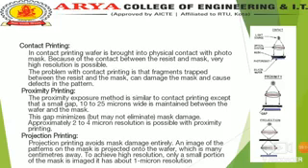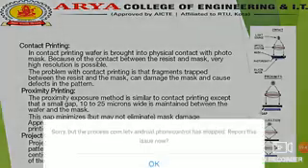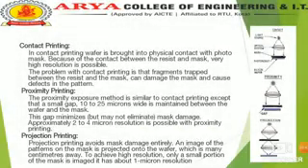And the other method is projection printing. Projection printing avoids mask damage entirely. An image of the patterns on the mask is projected onto the wafer, which is many centimeters away. To achieve high resolution, only a small portion of the mask is imaged. It has about 1 micron resolution.